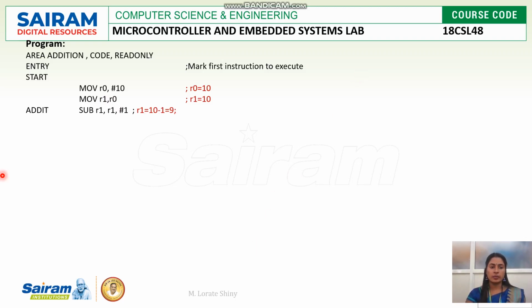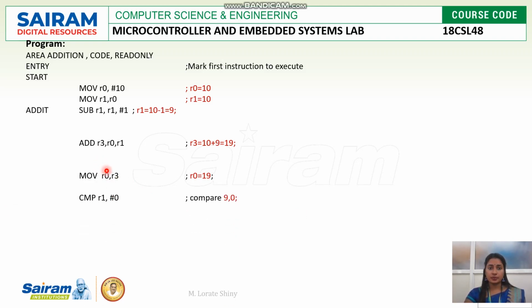Next is ADD R3, R0, R1. So now I am adding the first two data. The first data is available in the R0 register. The second data is available in the R1 register, which is nothing but 9. So I am adding 10 and 9. This is my first addition. The result is 19, that is available in the R3 register. But we have one register to hold the addition result, that is R0. So in the next instruction, I will move the R3 content to the R0 register. So the instruction is MOV R0, R3. Okay. So R3, 19, is moved to the R0 register.